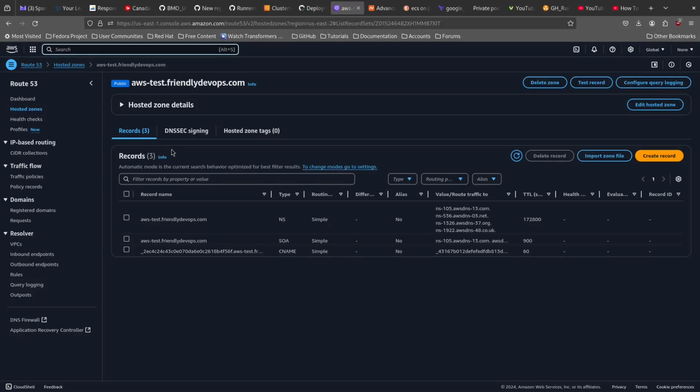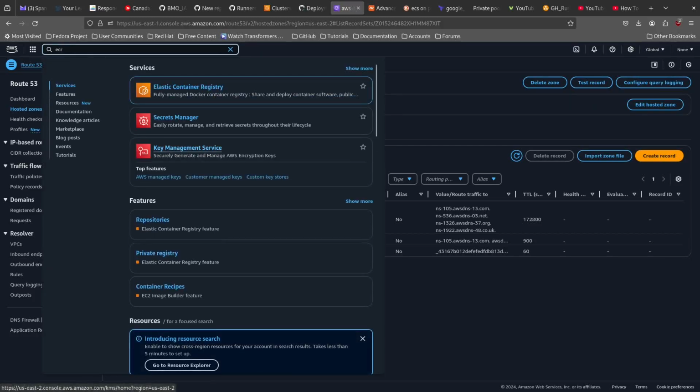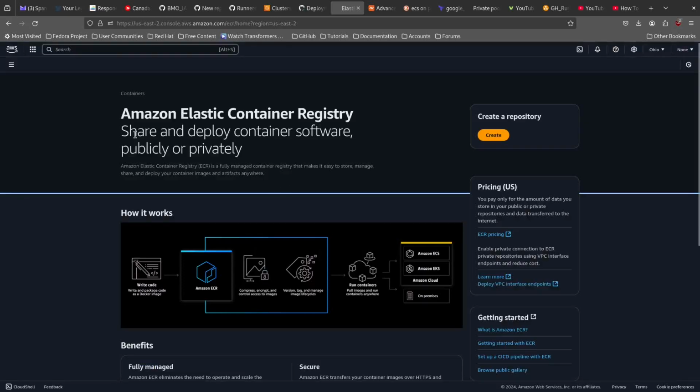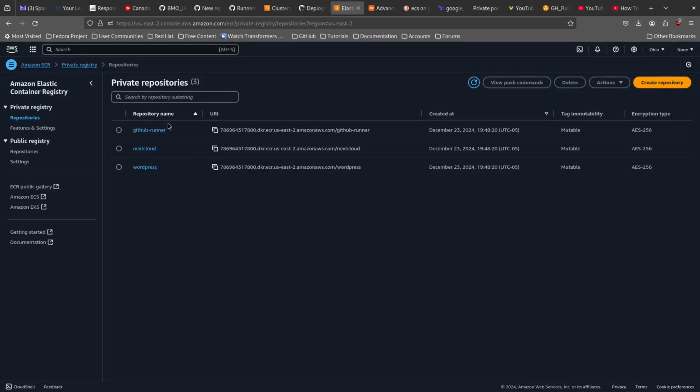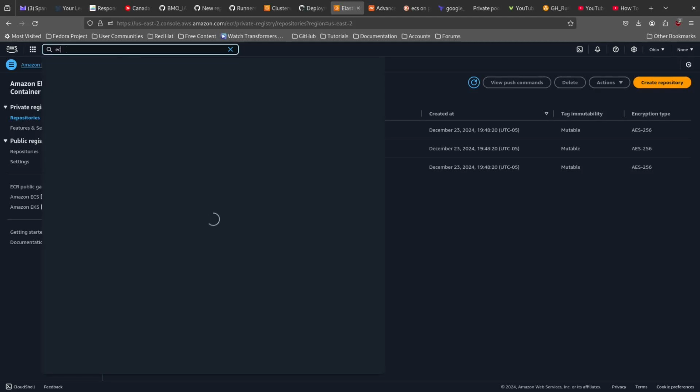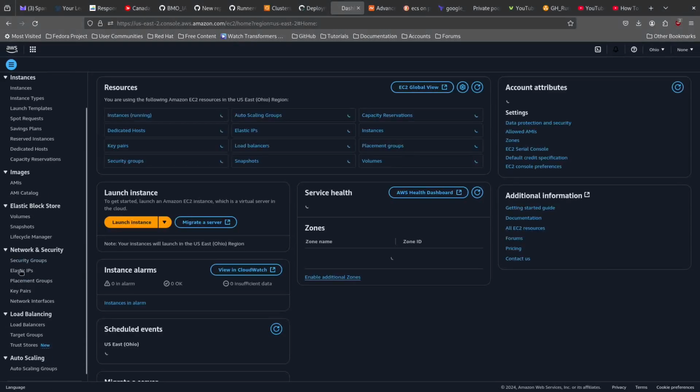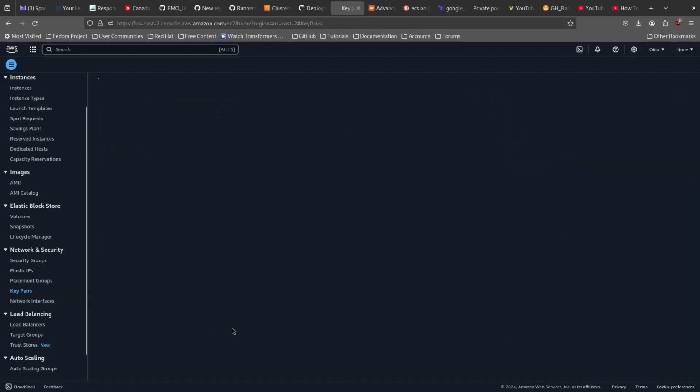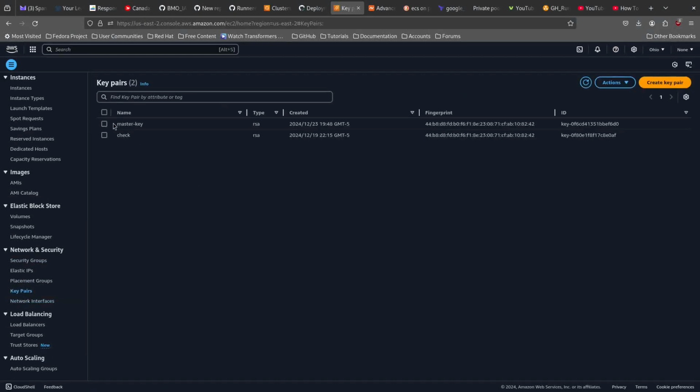Now, as we move forward, let's check our ECRs to verify that those have been deployed correctly. Okay, all three of them are here. And then we'll go to our EC2 instance and go to key pairs to verify that our master key has been set up correctly, and there it is. All right, there you go. The landing zone